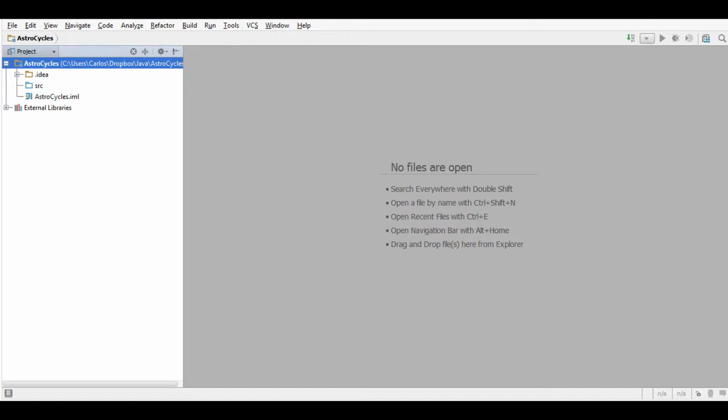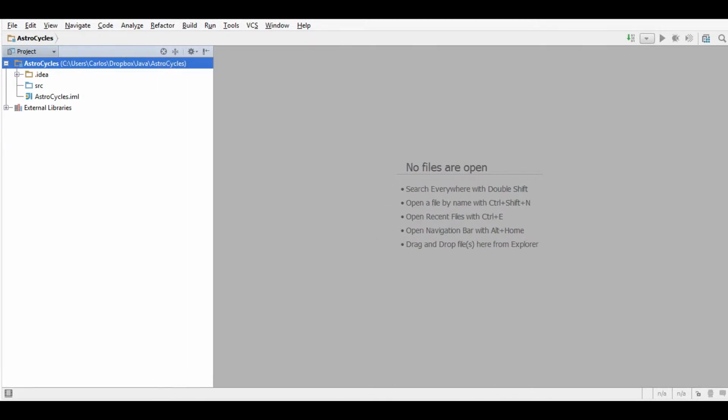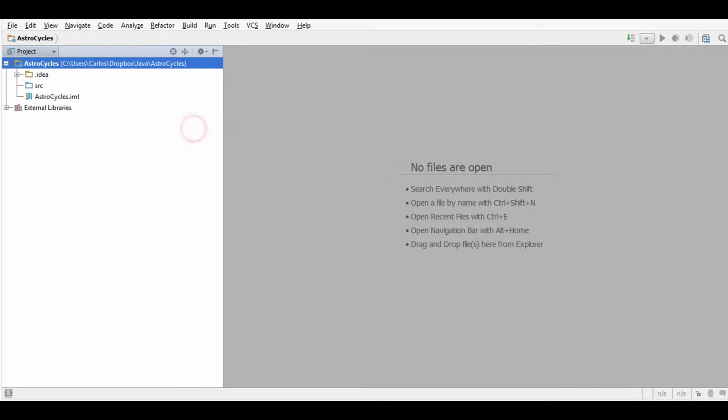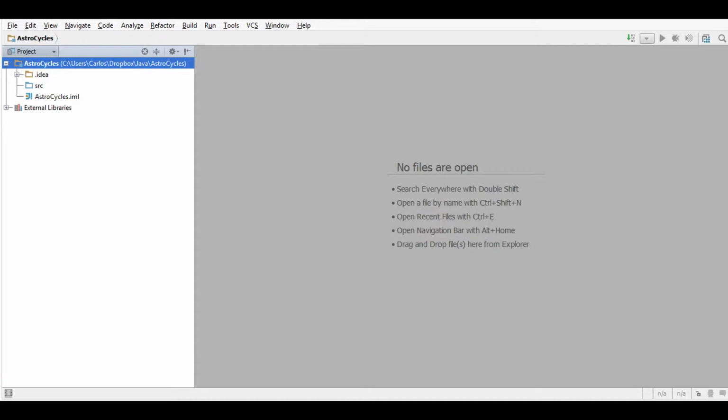I prefer this over Eclipse, but one con, I should say, is that you cannot have more than one project open like in Eclipse. I really recommend you use this. I have the ultimate version, which costs a few bucks, but it's really worth it. It comes with a built-in decompiler, but never mind that.